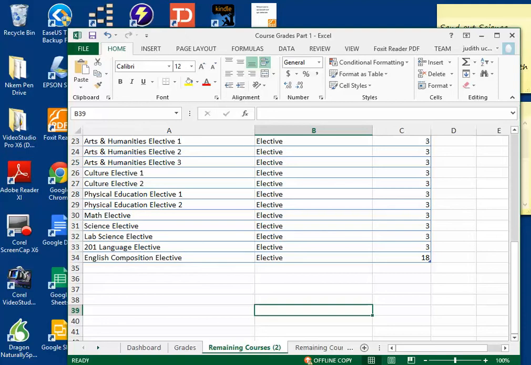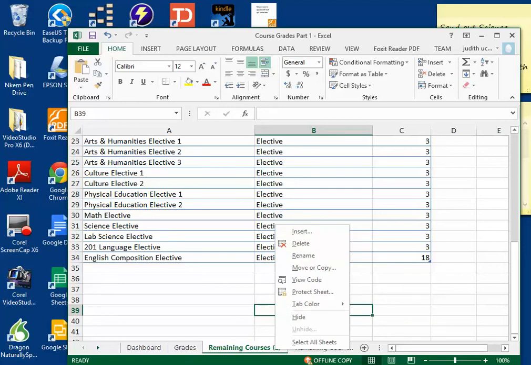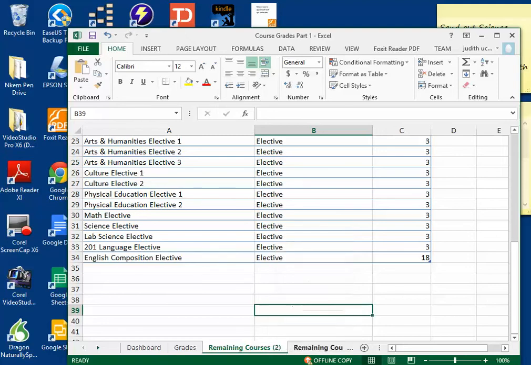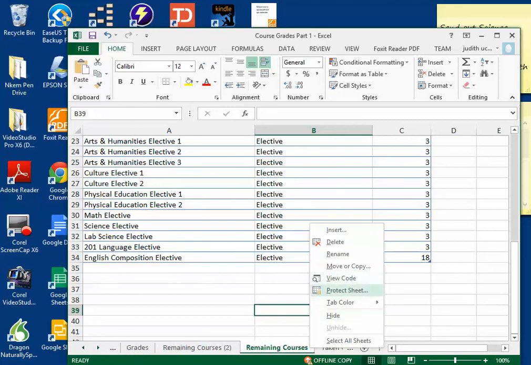Did I just lose some people? Okay, so when you're done with your remaining courses tab, is that clear? When you're done with that tab, you bring in your courses, the credits, what is an elective, and so on. Okay, right click on that tab. Right here, right click on the tab and do move or copy. Why are we doing this? We want to make a